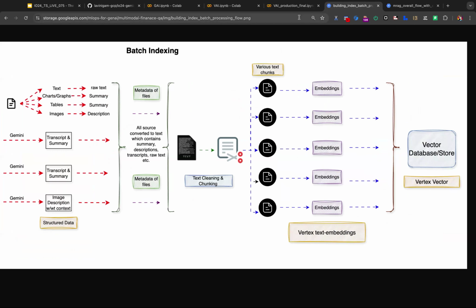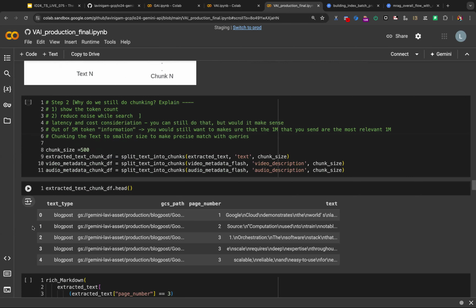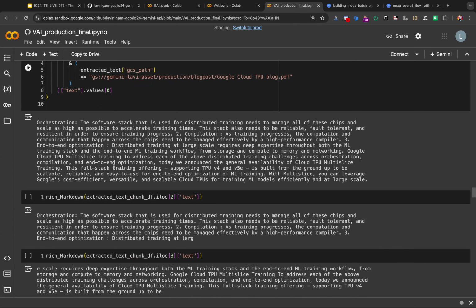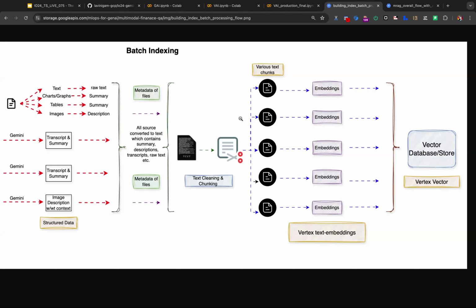The second half of the problem statement from an indexing perspective is that now that I have all of this, let me jump to that part of the code. You can see that I have all of these different data frames. I have text, I have video, and I have audio, so three different data sets. What I want to do now is build a common index so that I can go back to the source of the file. To do that, the first thing I need to do is chunk